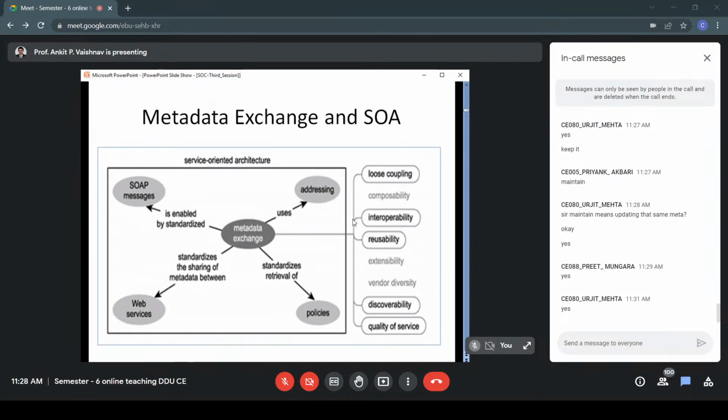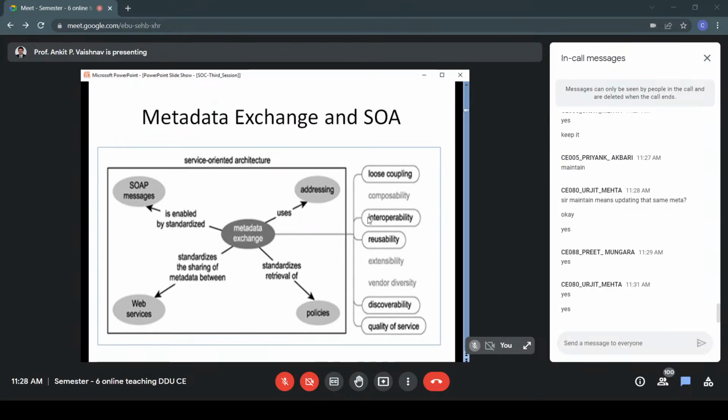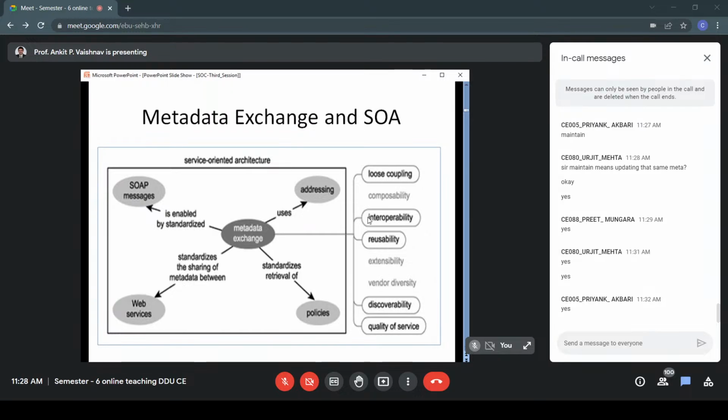Interoperability, why? Because we have to exchange the metadata independent of the platform. No matter on which platform that service has been implemented, we want metadata in a standard way. Again, MEX is an XML based standard, so if you understand XML, you can easily exchange metadata.